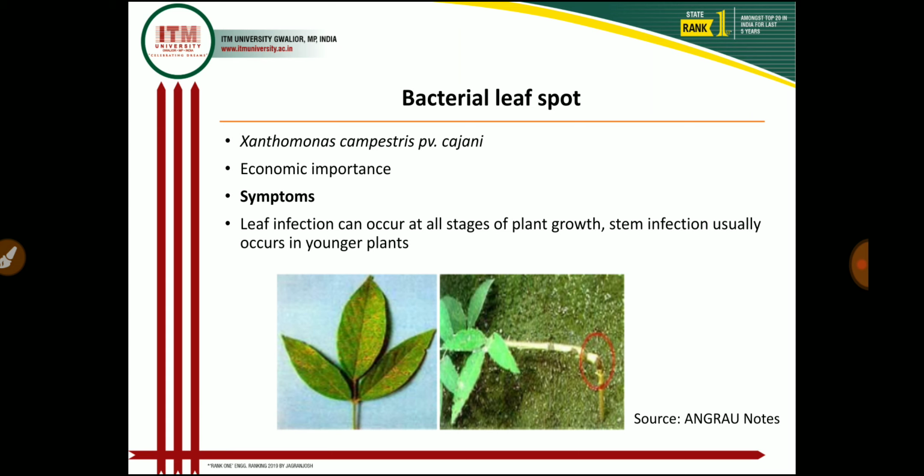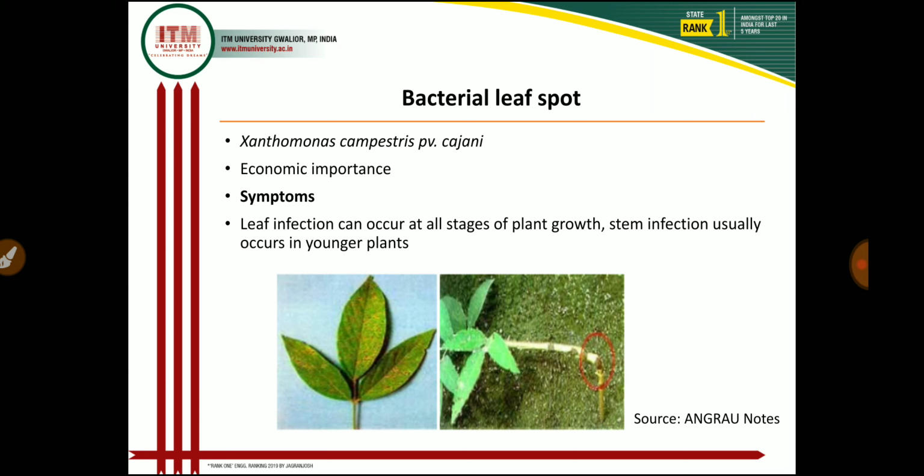cause defoliation. Canker can cause the stem to break, but the broken part usually stays attached to the plant, and the stem often breaks at the point where the primary leaves are attached. Often the affected plant does not break, and the stem cankers increase in size until they are 15 to 25 centimeters long, and in case of severe infection, the affected branches dry. And you see in the photograph there the brownish spot or translucent spot, brownish spot we can see on the upper surface of the leaf because of this Xanthomonas campestris pathogen.